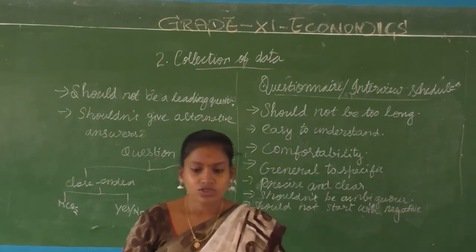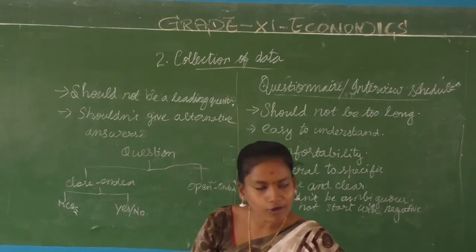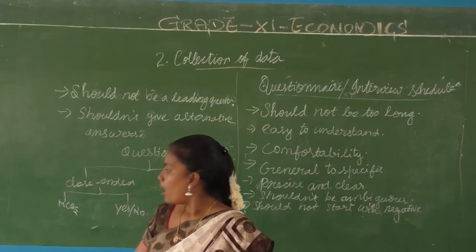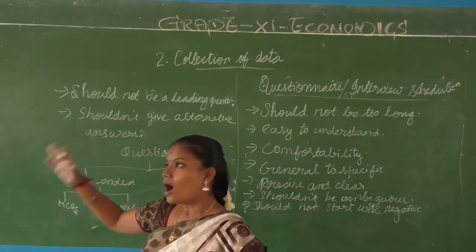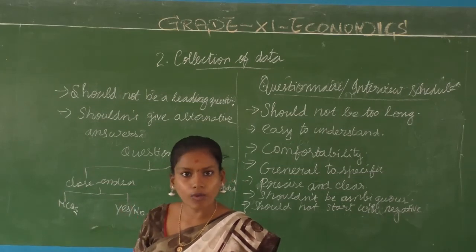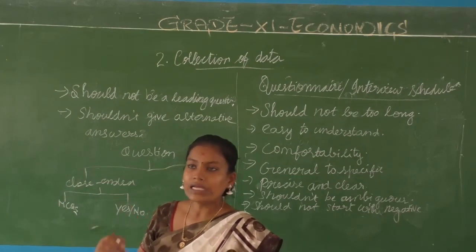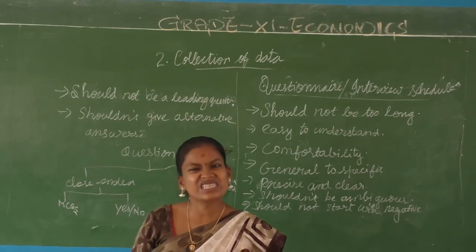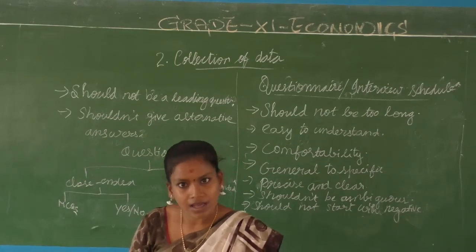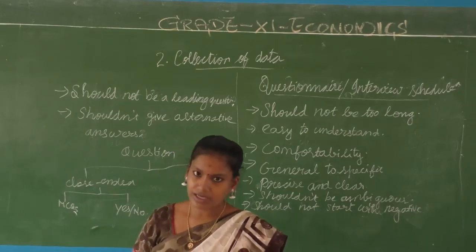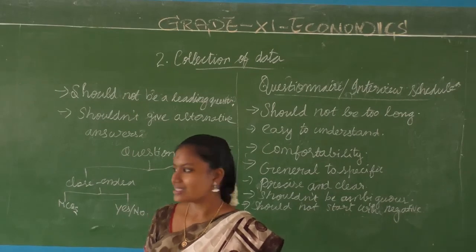Right, children? So some other, if you see in Google Forms or in surveys, there's one more column like any others. That is, out of the options given in close-ended, if you don't want to choose any, you want to choose another one, and you have to give your own answer, then it is any other. Some questions are given like that, but still it is difficult for you to analyze. Many of them have written any other, means how will you analyze?